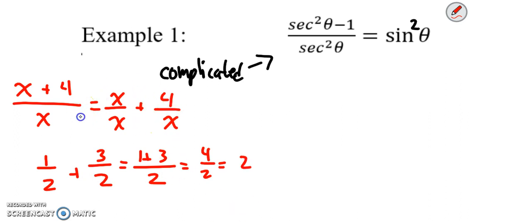Same thing works when we have variables with x. If it's the same denominator, you can put one of the binomial terms up top, on top of that one, and then the 4 on top of that. In other words, we can say x over x, and 4 over x, and just put an addition sign in the middle because they have a common denominator. Now, with that,